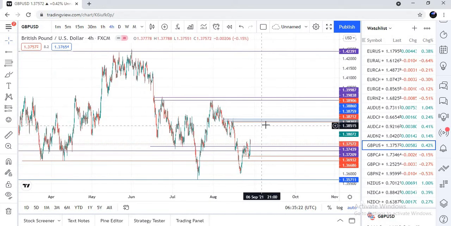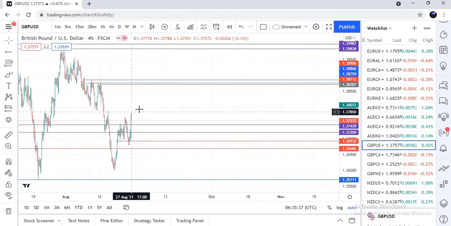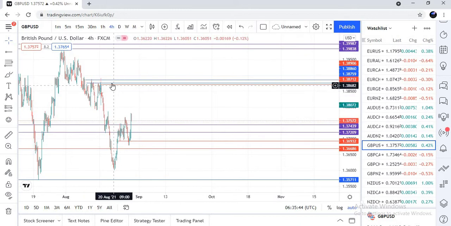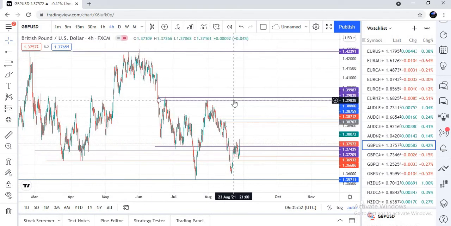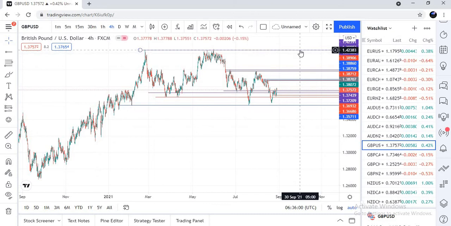Also, the price might break this resistance level here. Everything that we do in Forex is a risk. Nothing is 100% sure. That's why we use a stop loss. So it is always advisable that you use stop losses when you are trading. The fact that we are predicting that it might bounce on this resistance level doesn't really mean it is going to bounce on that level. It might break that level and get to this resistance level right here and also sell on this level, or it might even break this level and get to this resistance level right here. That's why we